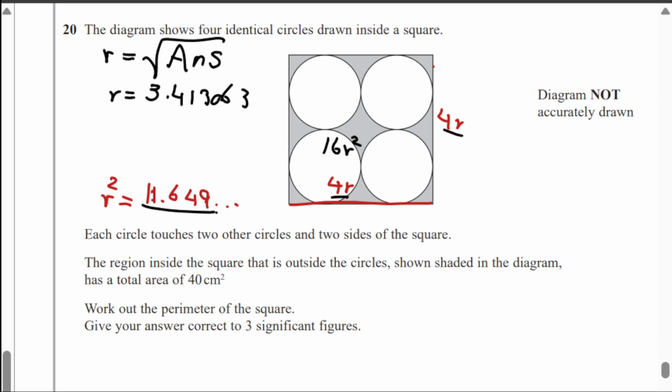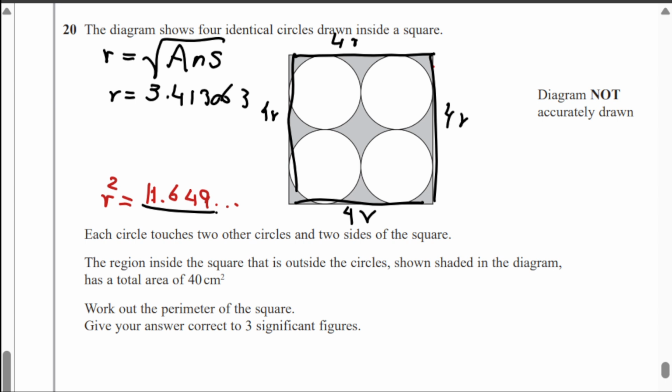How do you find the perimeter then? The perimeter is when you add all the sides. This side here is 4r. This side is 4r. This side is 4r. And this is 4r. How many r's are these? These are 16r. So the perimeter